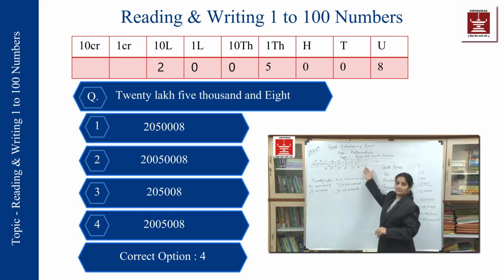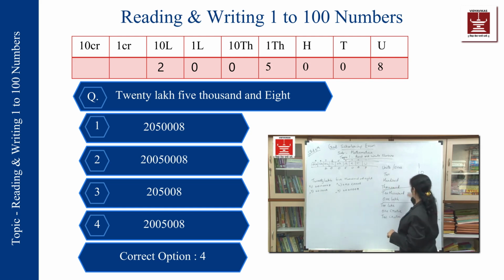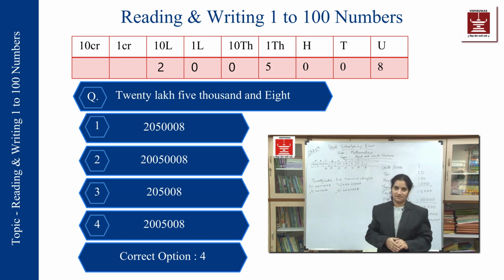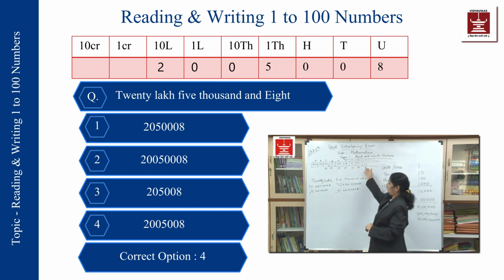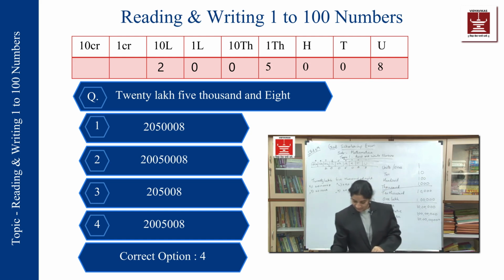This is my homework. Writing this in this way, seeing them in this way, remembering how many digit number resembles which place value. So if I say 10,000, immediately it should strike me it's a 5 digit number. 1 lakh, 6 digit number. 10 lakh, 7 digit number. If this is what I have in my memory, just getting it back from your memory doesn't take a lot of time. And then comparing it with the answers, as I showed you here, it's a 4 digit number. So start comparing from the right hand side. That becomes more easy. We'll take one example for this.